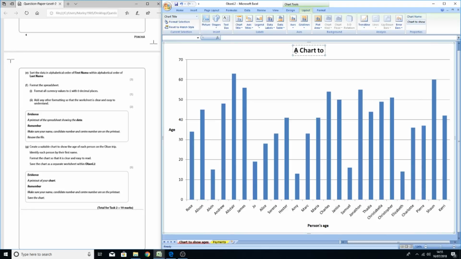Chart to show age, people. Those should all be capital, really, shouldn't they, with it being a title? Okay, with that